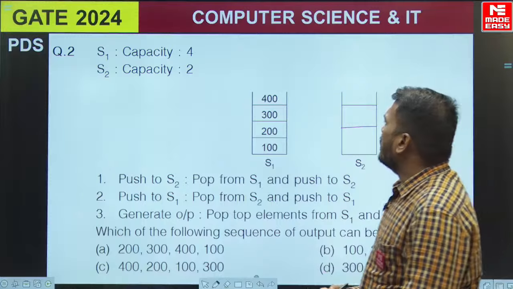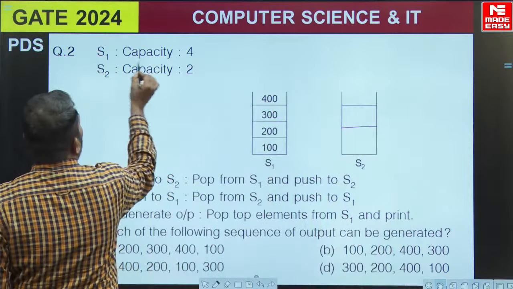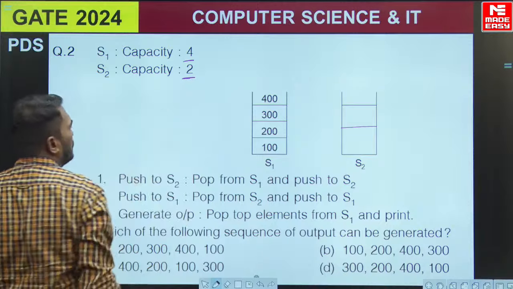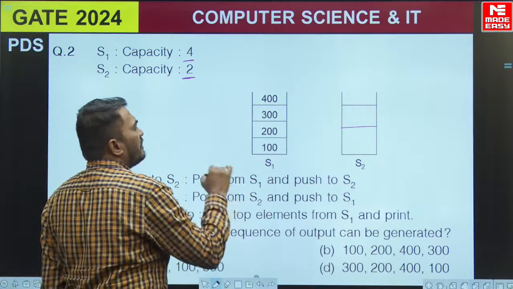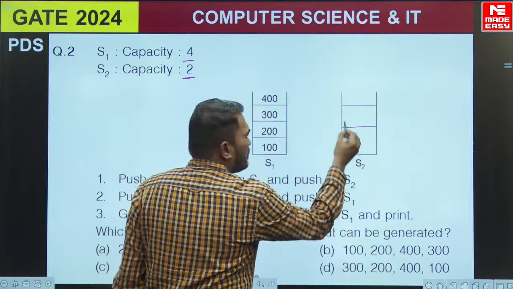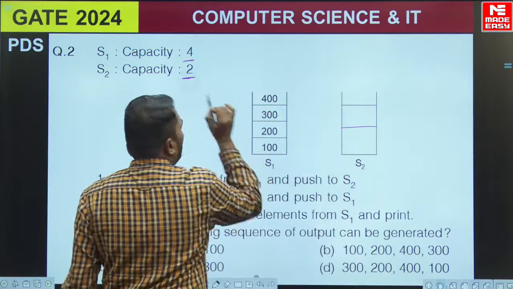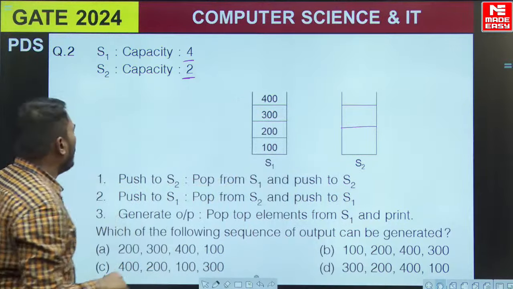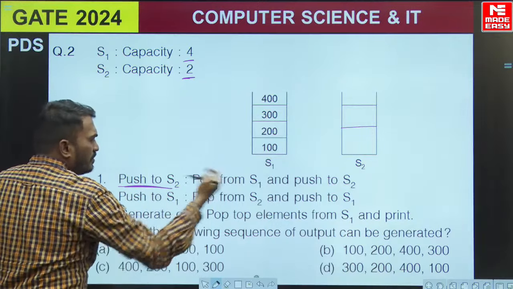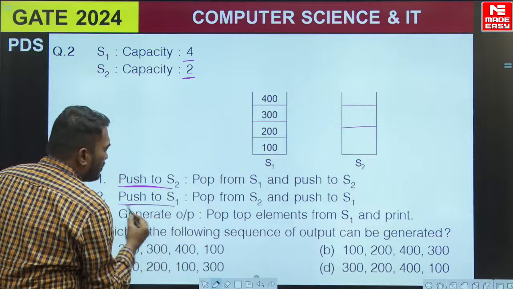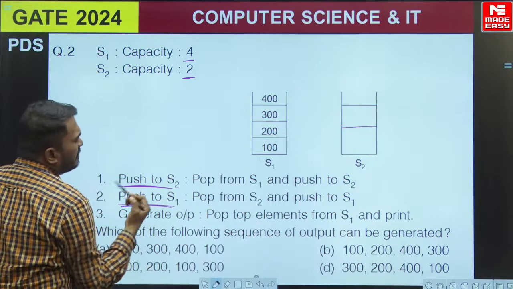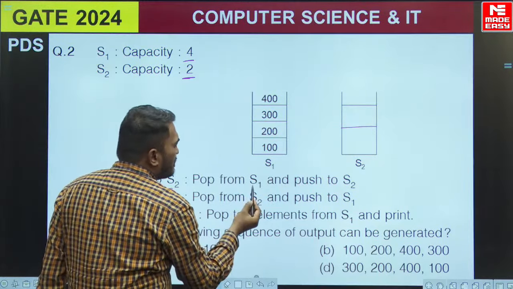The question says stack S1 capacity is 4 and stack S2 capacity is 2. Stack S1 has the elements 100, 200, 300 and 400, and stack S2 has no elements and its size is 2 only. If you want to push an element into S2, you have to do this. If you want to push an element into S1, you have to do this. So what is it saying here? If you want to push an element into S2, pop from S1 and push